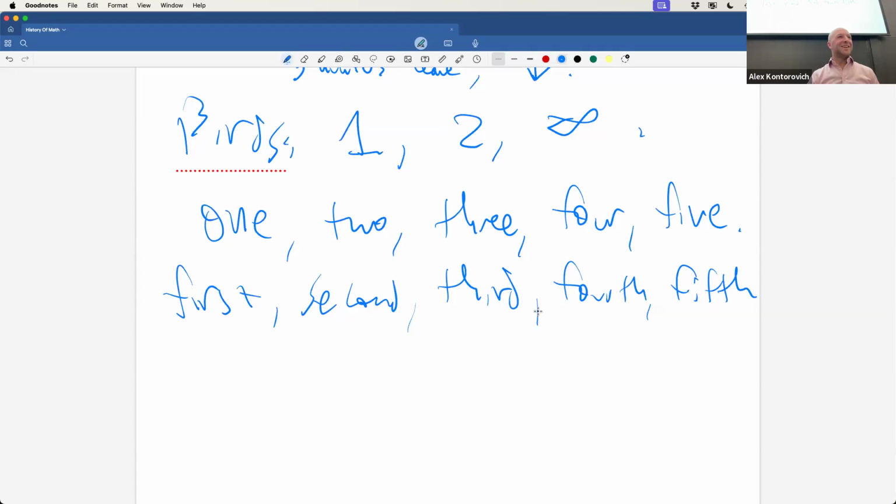Different languages, by the way, Russian doesn't stabilize until 5. You say things differently up until 5, and then it begins to stabilize. So just looking at language already suggests that there's much more to this story. We're going to spend 0 time on this, but I just want to point out that this is a really fascinating thing. The fact that we have number and we understand numbers greater than 1 and 2 and 3 and 4 and 5 is a miracle. And lots of animals don't have that.